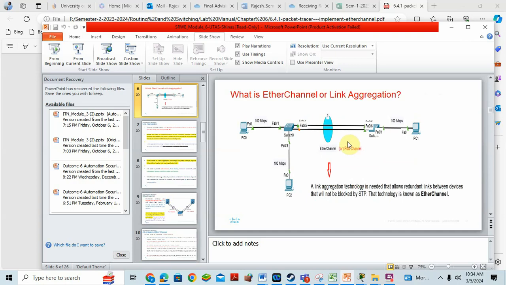Okay, so what we do is EtherChannel, or link aggregation. Aggregation means sum, collective. So we take two physical links into a single logical link, or a port channel. See, Fa0/4 and Fa0/5 are connected between switch 0 and switch 1. We take these two links and make them a single logical link or port channel, so that we can send the data with double the bandwidth speed,